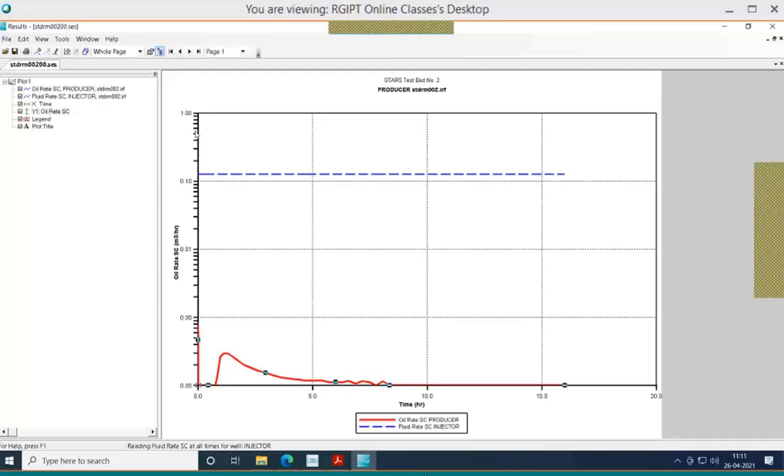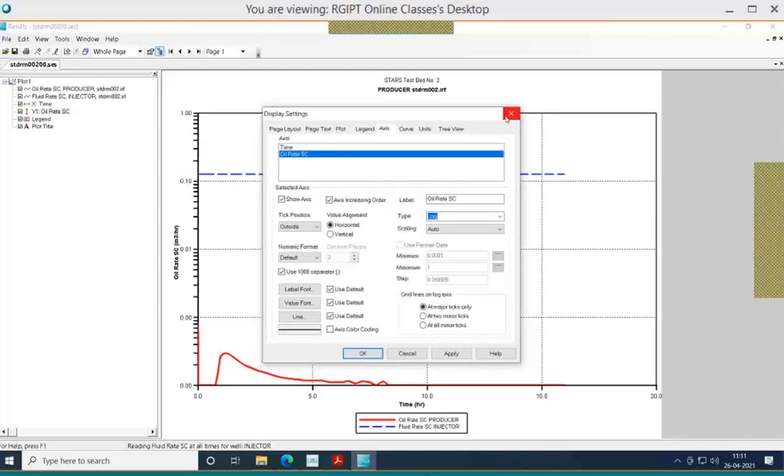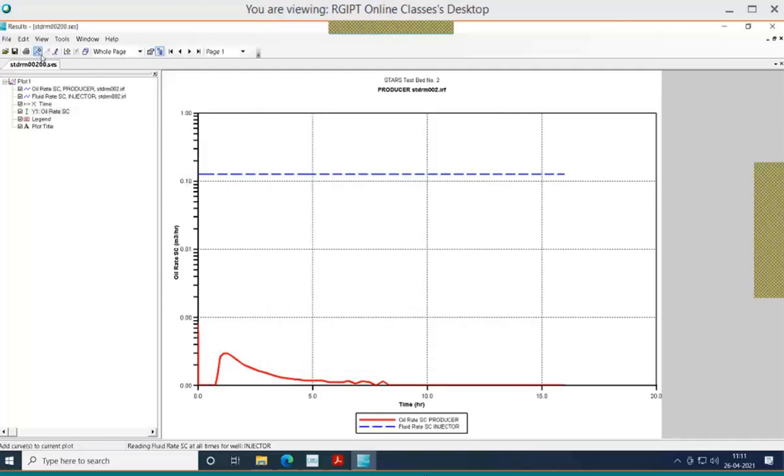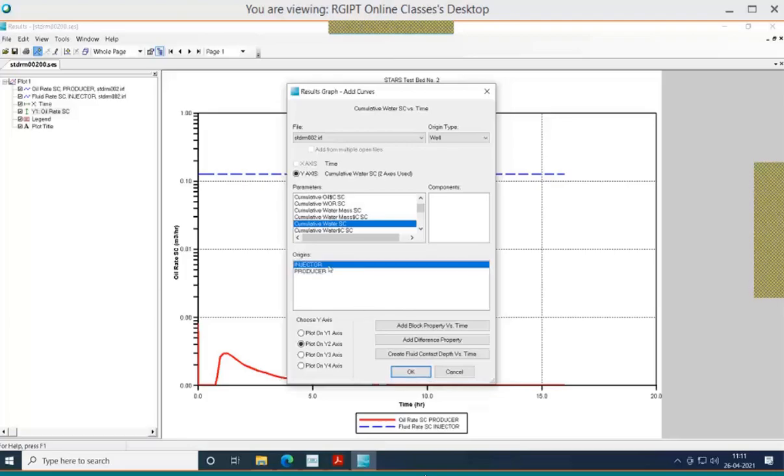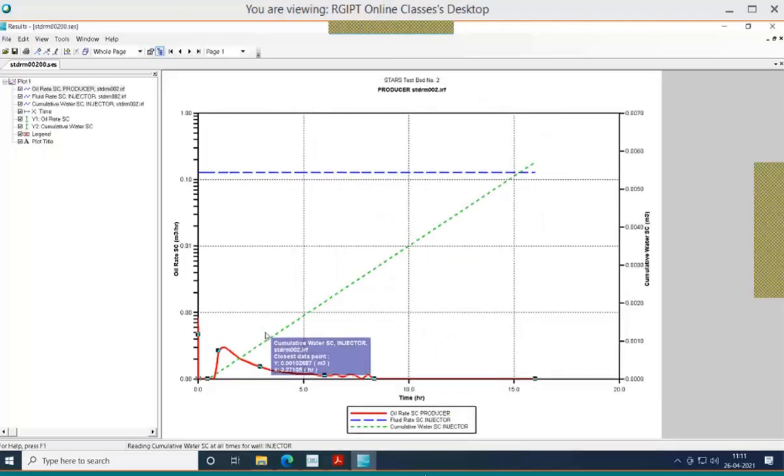And let us do one more thing. Let us add one more curve: water injected, oil rate, cumulative water from producer and injector.